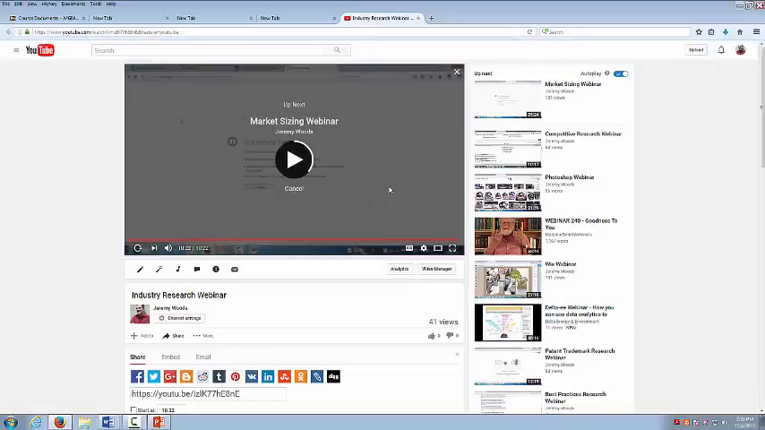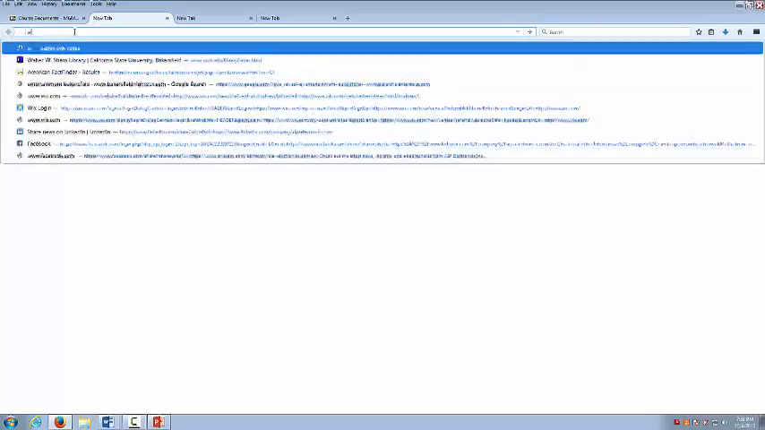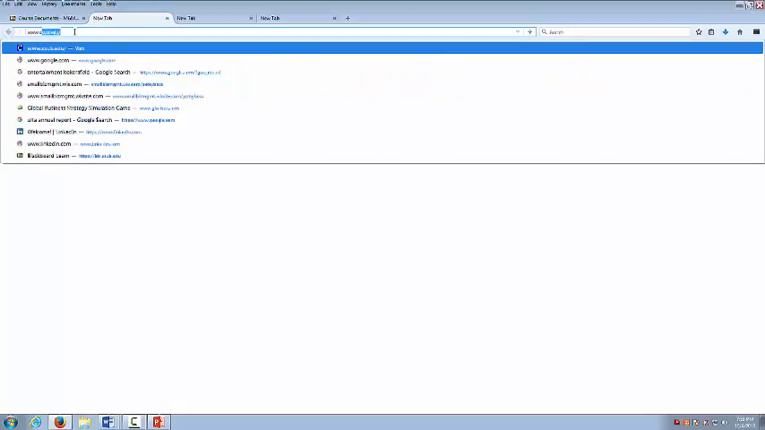Okay, so one thing that I didn't go over in that webinar that I thought I had, I just want to go over real quick for you guys here, is how to use the other database, Business Source Premier, to find information on Porter's Five Forces. So if you go to the CSUB website